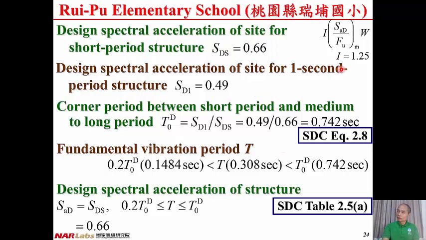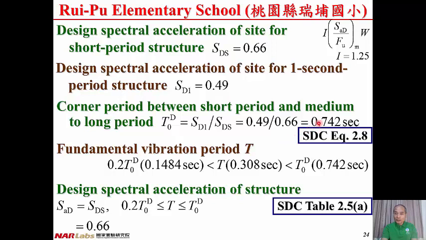So far we have the importance factor I equal to 1.25, SDS equal to 0.66, and SD1 equal to 0.49. Then we can have T0D, the corner period between short period and medium to long period. T0D equal to SD1 divided by SDS equal to 0.49 divided by 0.66 equal to,